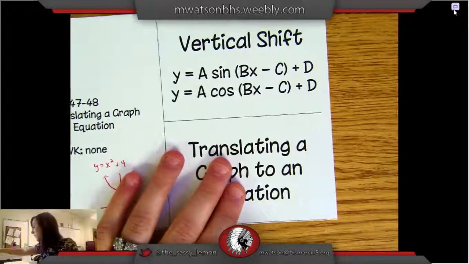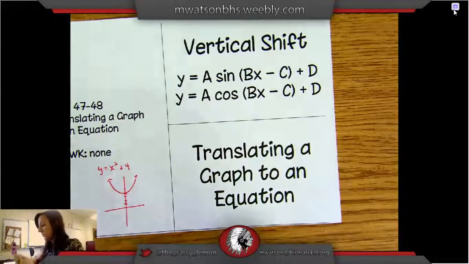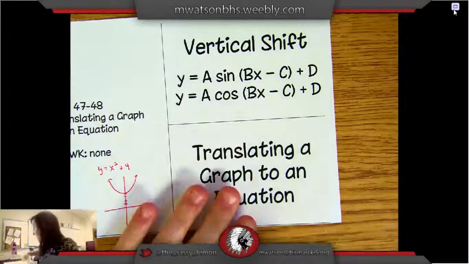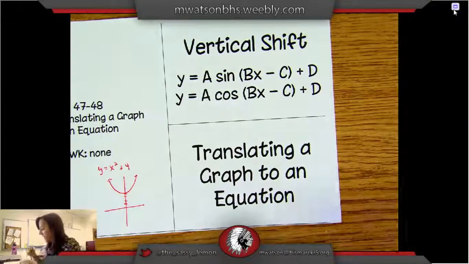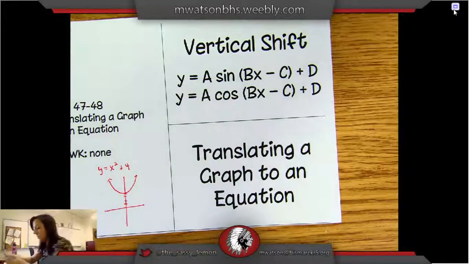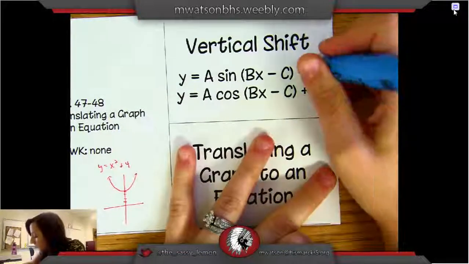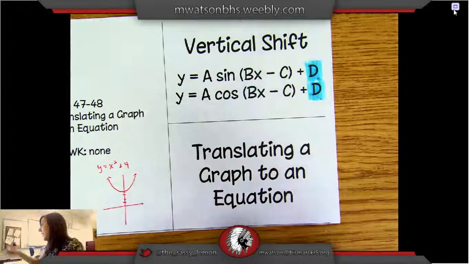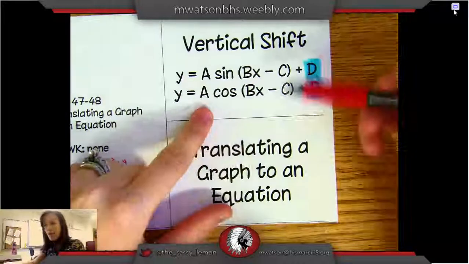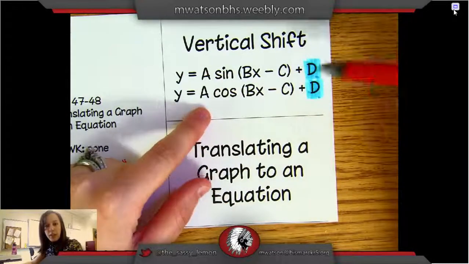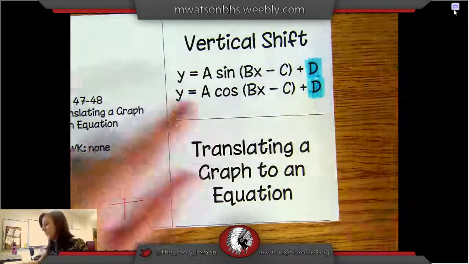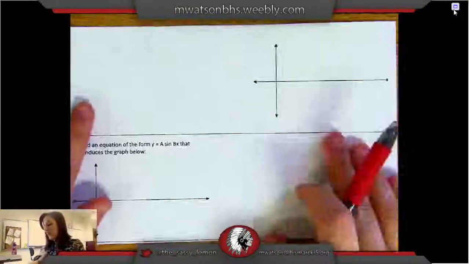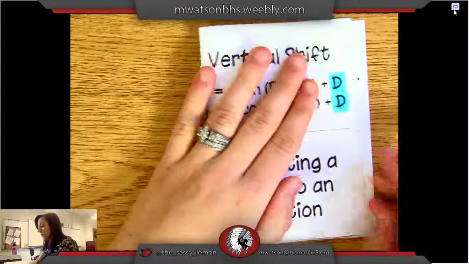So vertical shift, maybe I should use the same colors as before. Vertical shift is just this D value right here. That's the only change to what we've learned. And you can notice that it's the same for sine and cosine. So we're not going to do two different examples or anything, but the vertical shift will be the same for both of them. So if you go ahead and open up your foldable,